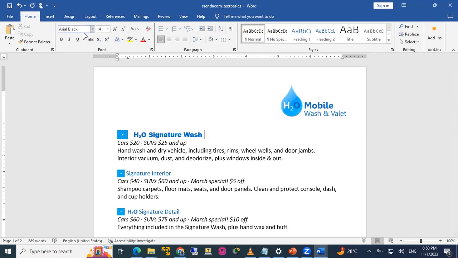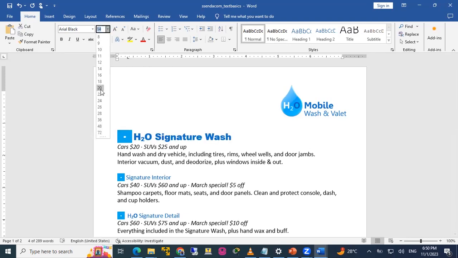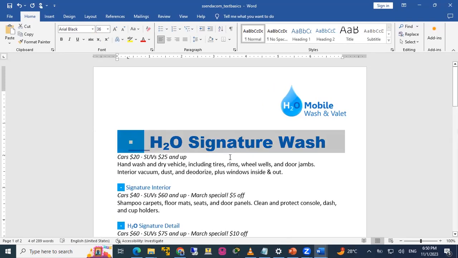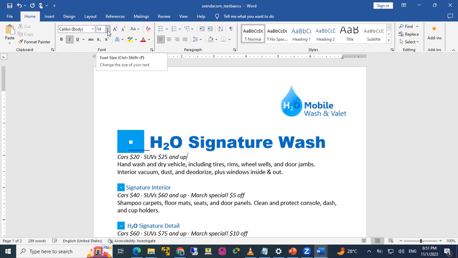Now the size. Now we have the type on the left and then the size on the right. So if you hear people talking about font size, it's the numbers. So I'll have to select again and then go. I want to make it bigger. I can go to what? I can select these numbers. So I can go 24 or 28. Let me use 36. And it becomes very big. So if this is what you want to do in your document, you leave it like that, and then you continue.